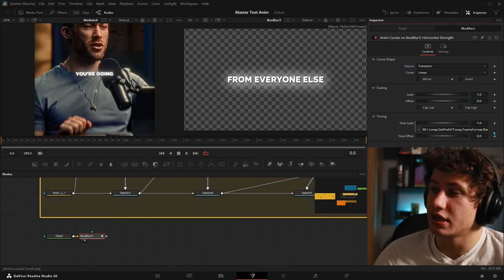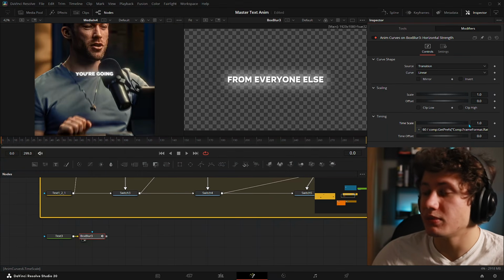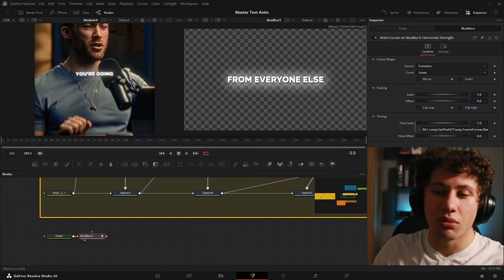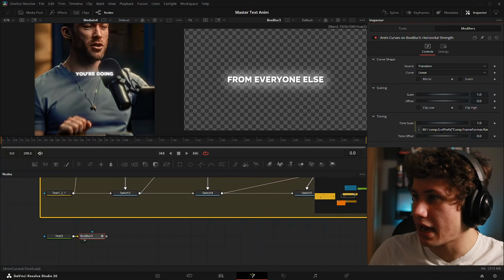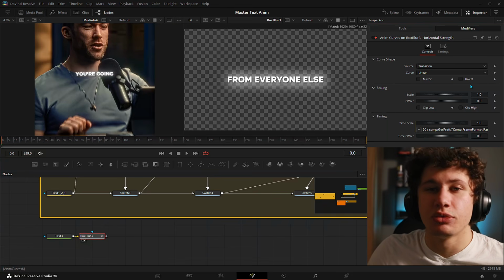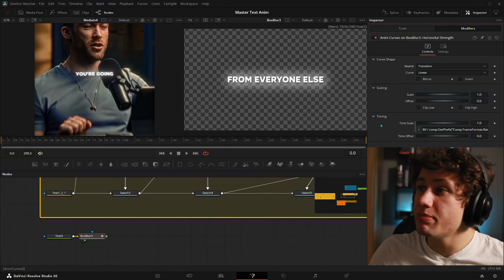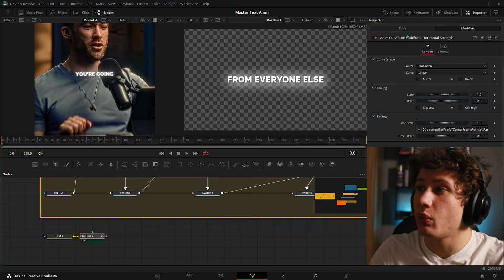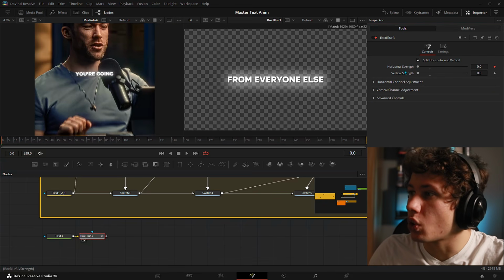And you can see that because we're in a 60 frame per second timeline, our timescale doesn't change at all. And now that we have our timescale set up, let's actually give our box blur an animation that it can then adapt. And from now on, this is where we're going to do the majority of our animation. And keep in mind, this Anim Curves modifier has all the controls that we are using to animate our horizontal